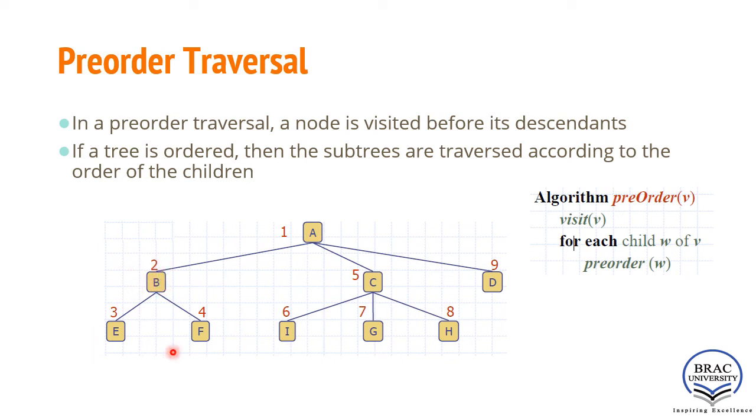Think about it, this is a new tree. Either we will visit it or we will go to the next node. But as this is pre-order traversal, we need to visit V, then E. So for this subtree, the traversal will be B, E, F, because root, left, right. Okay.